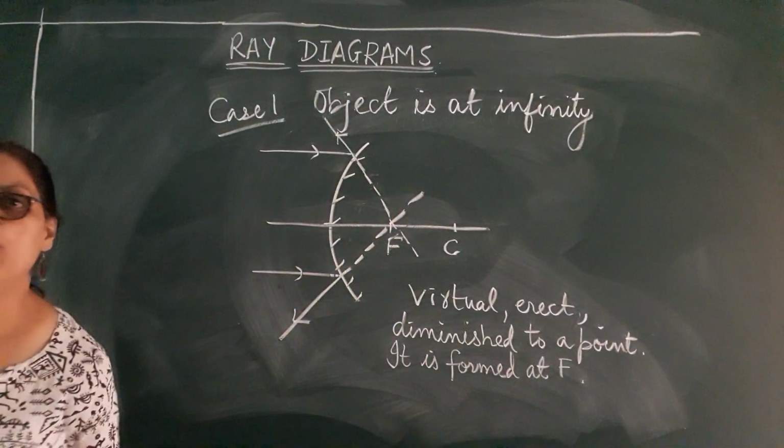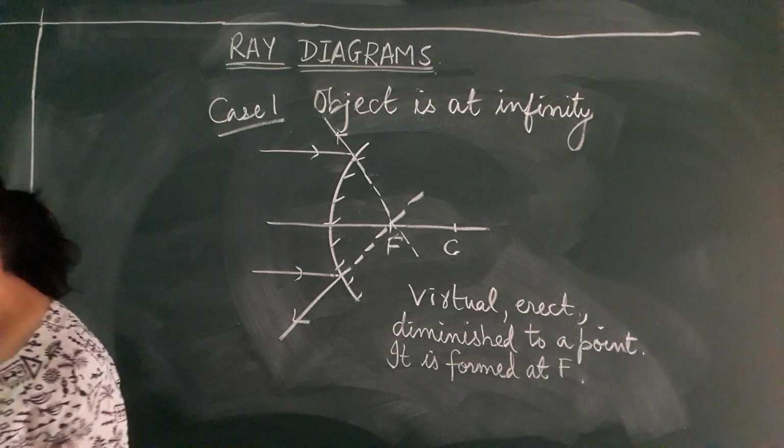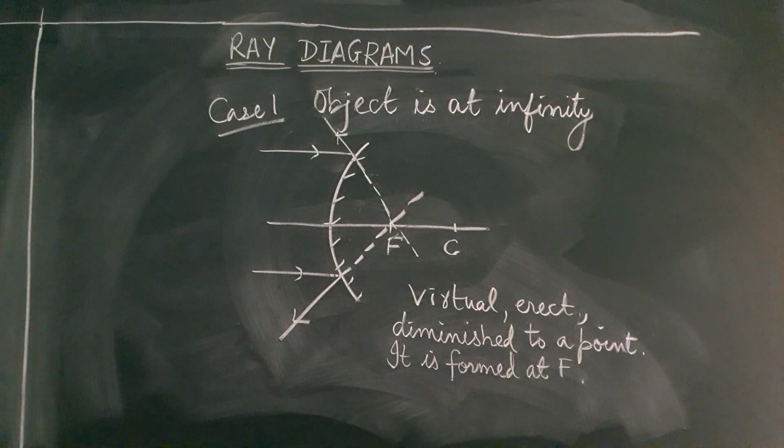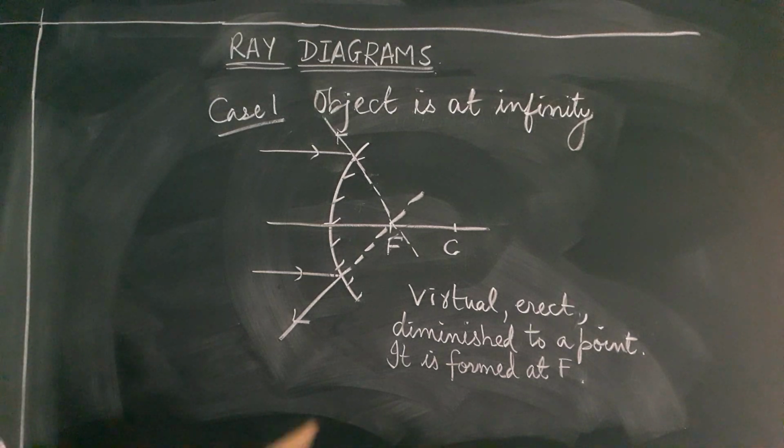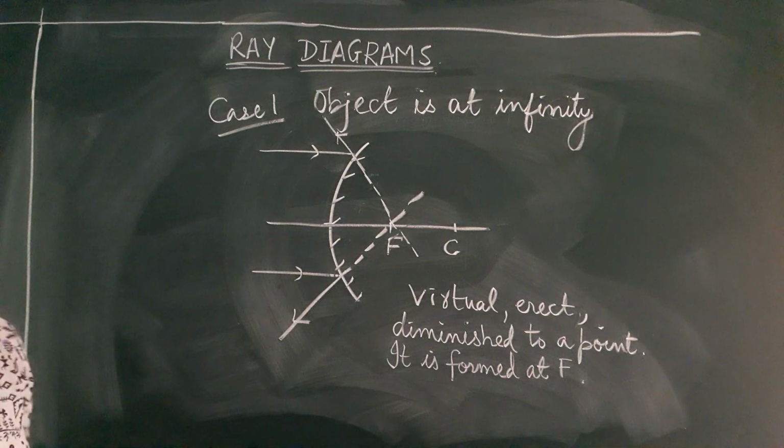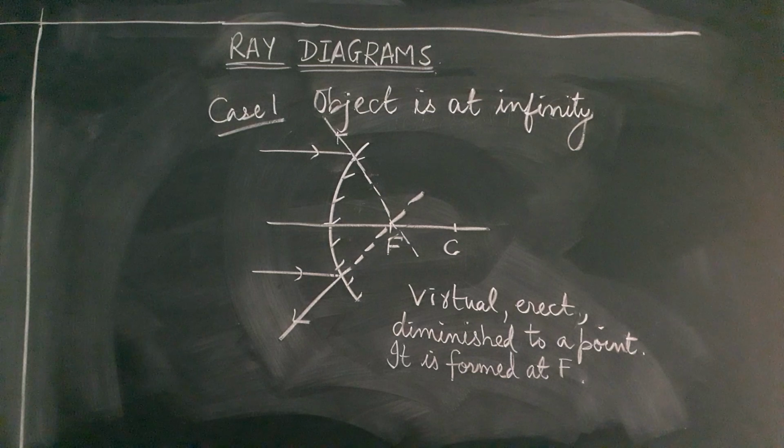Have a look, draw also. You are supposed to draw it. Have a careful look and see how I have drawn case 1. I want you to draw this. And then we move on to case 2, where I am going to use a convex mirror again. Just have a look. I am waiting till you complete your ray diagram, and then I start with case 2 for convex. Also note down the characteristics of the image.